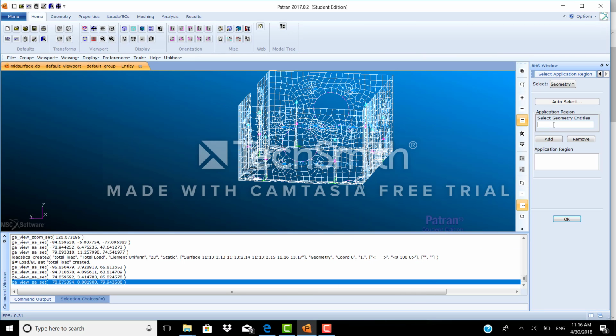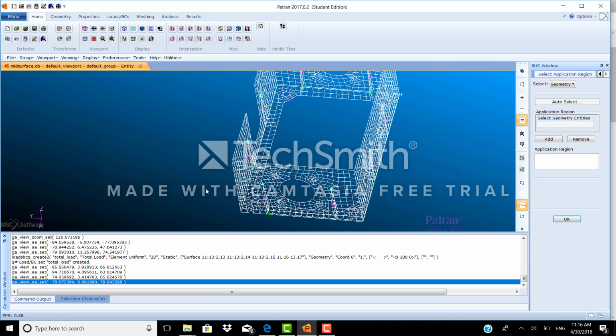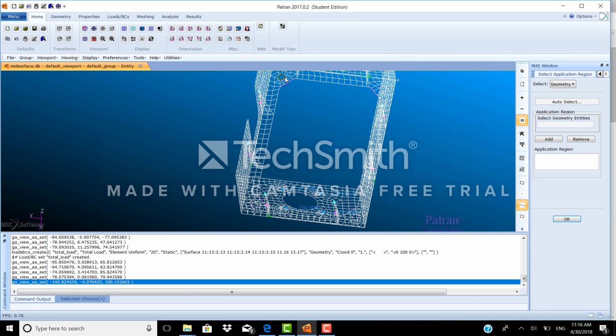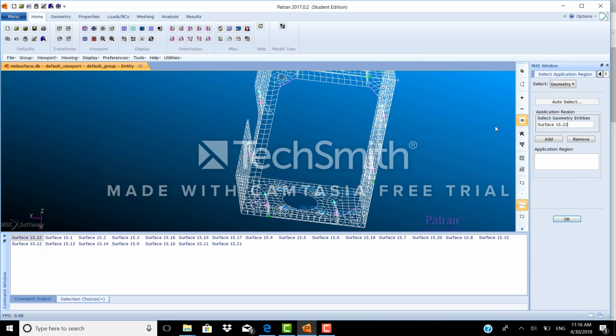Okay, and select geometry entries. I'm going to select these little holes that are in the base. So I select it, click add,